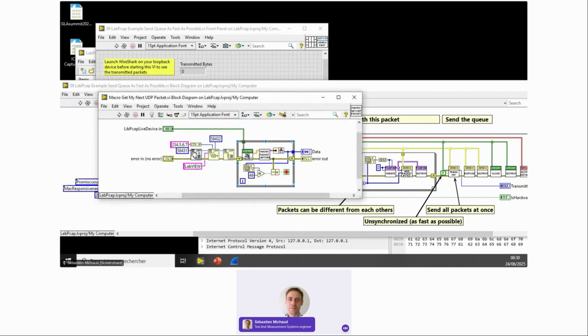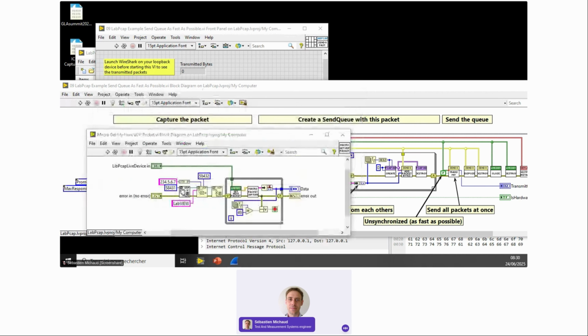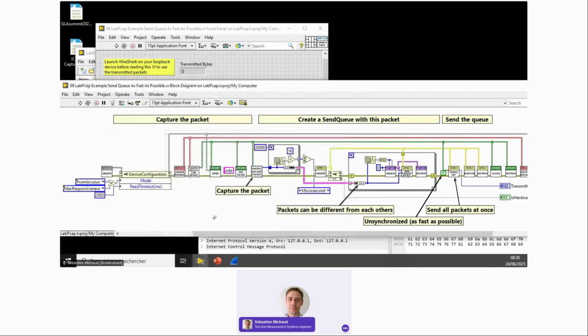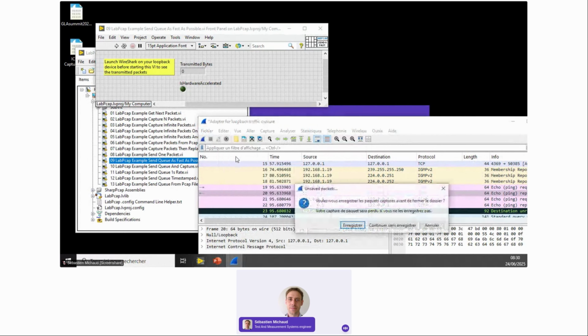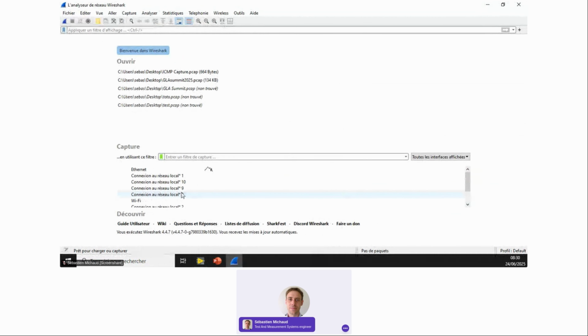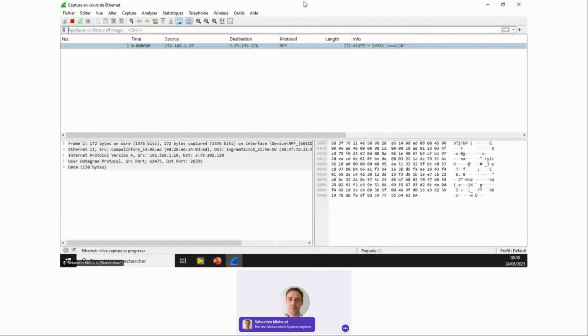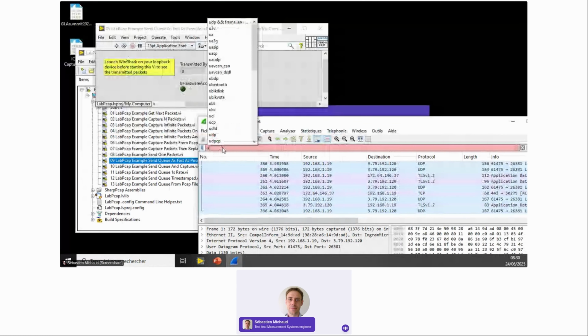I get this packet and I send it again 20,000 times. So if I run a capture of Wireshark on the Ethernet with a filter on UDP,